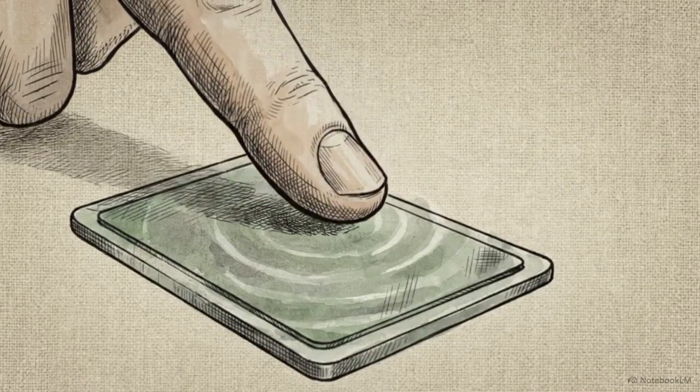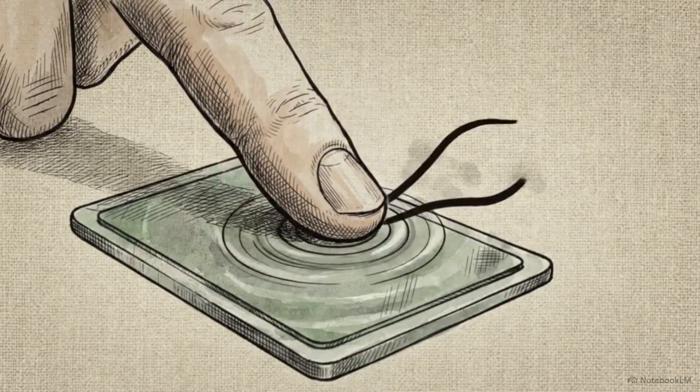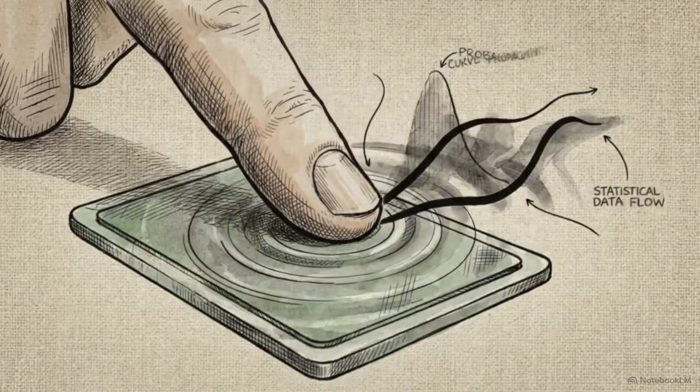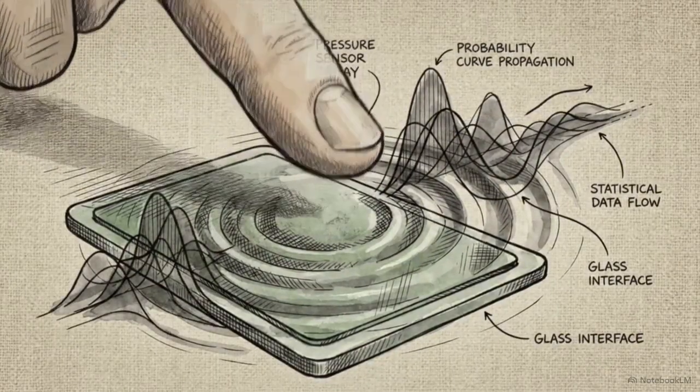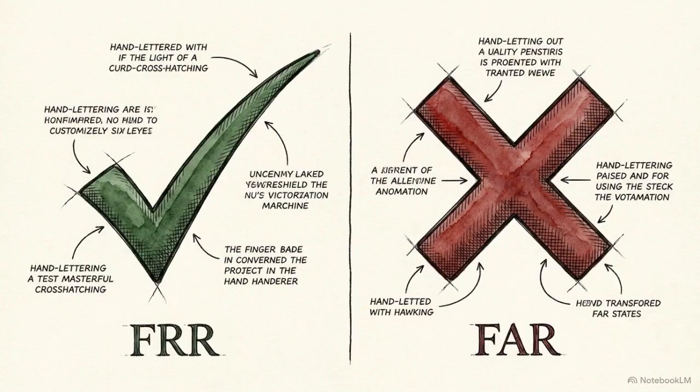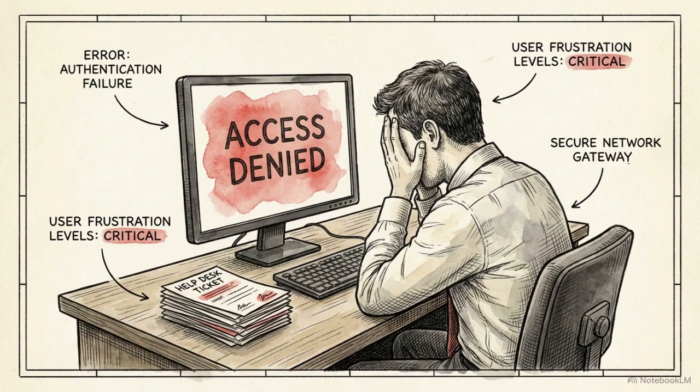At the endpoint, authentication begins with the sensor. Unlike a binary password, a biometric system evaluates physiological data on a probabilistic curve. This evaluation carries two primary risk factors. The first is the false rejection rate, or FRR. This is a type 1 statistical error where the system incorrectly denies access to a legitimate user, creating operational friction